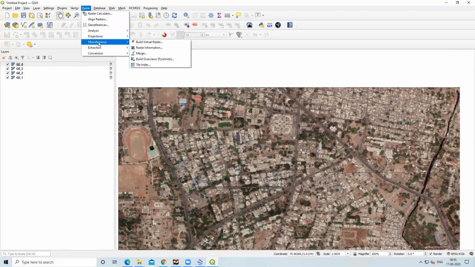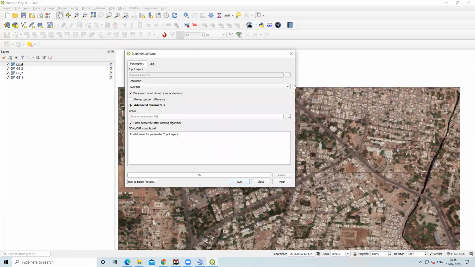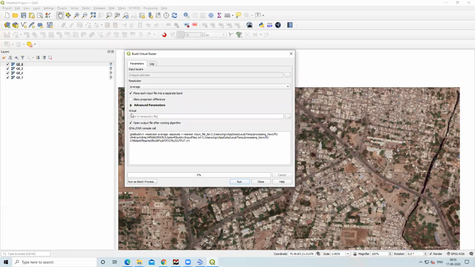We'll go to raster, miscellaneous, build virtual raster. Here we'll select all the 4 layers, select all, then click on OK. Then I will uncheck place each input file into separate bands.